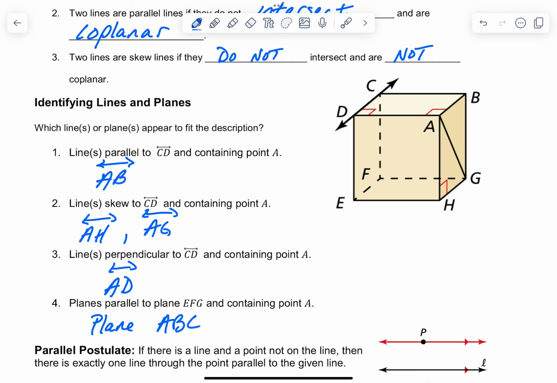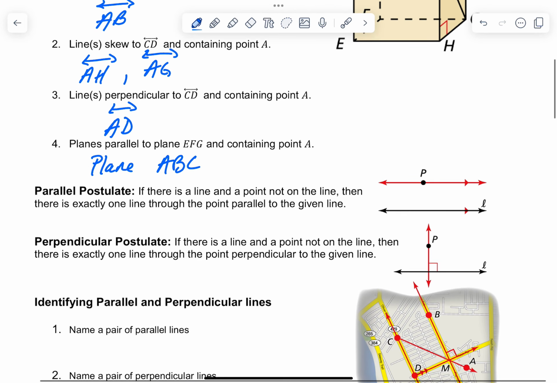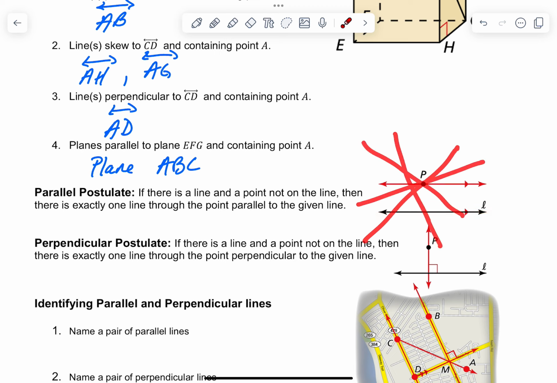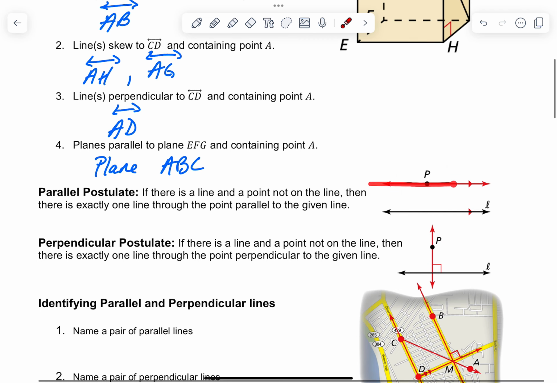Moving on. The parallel postulate states that if there is a line and a point not on the line, then there is exactly one line through that point parallel to the given line. So basically, I've got this line L, and if there's some point P not on that line, there's tons of lines that could go through P. There's infinitely many lines that could go through P, but only one